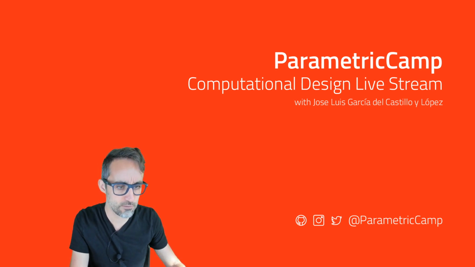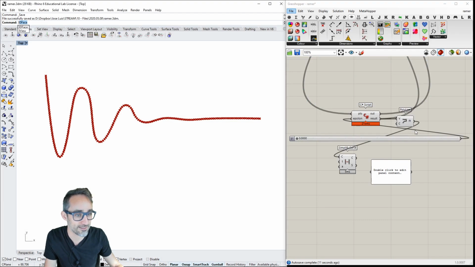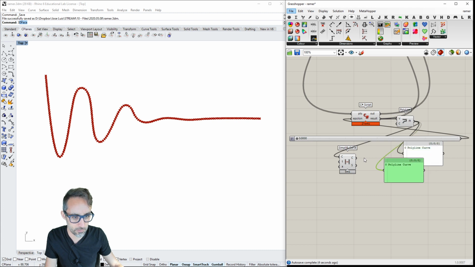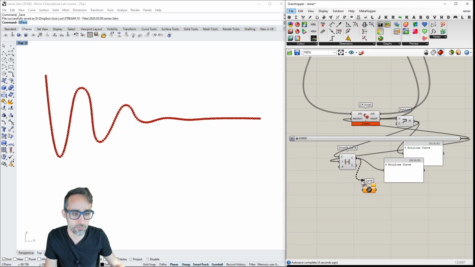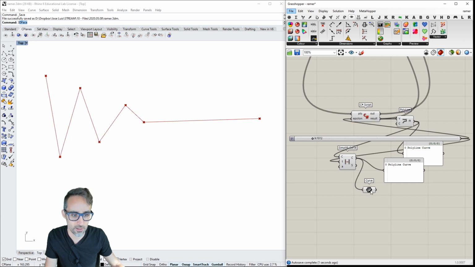So let's see if, actually, oh, sorry, you're not seeing my screen. Yes. So let's see if, for example, this is a polyline curve. This one is also a polyline curve. So let's see if we plot both of them, if we get the same simplification. So interesting.